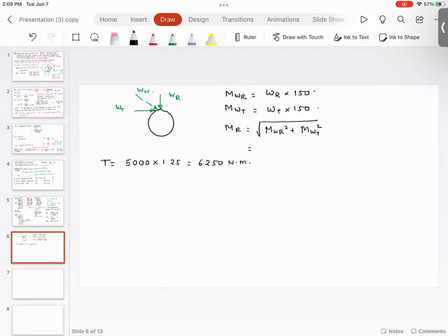So we can find out the value of TEQ, which is square root of mr square plus t square, and assuming steel shaft,